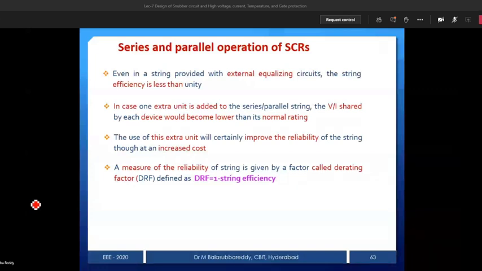That we'll see later. At the moment, we can observe that there is a string efficiency formula. There is a derating factor. Derating factor is equal to 1 minus string efficiency. Based on this, it is also a very important question. They ask theory questions,